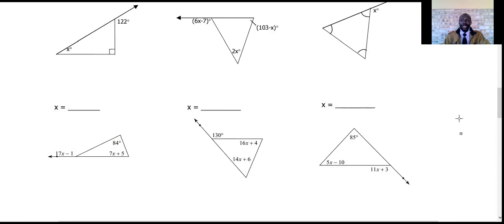Use that to handle activity 4 and activity 5. In our next lesson, we will then be looking at how to calculate the area of a given triangle, still under polygon and still under what we call Euclidean